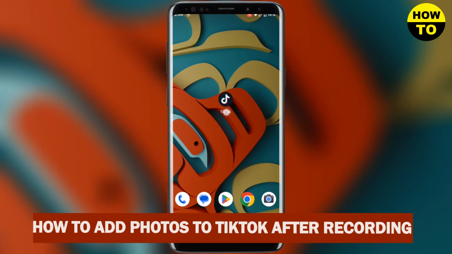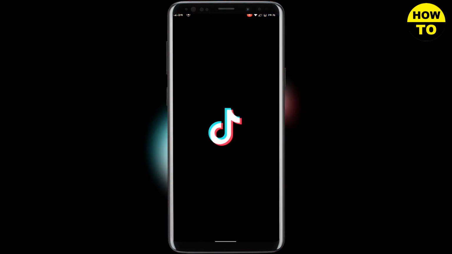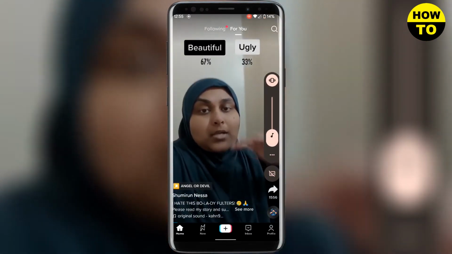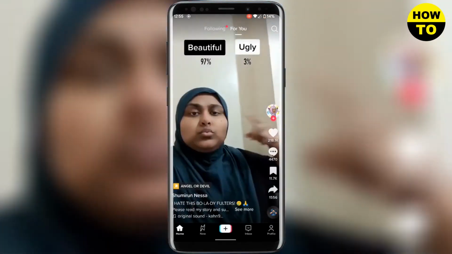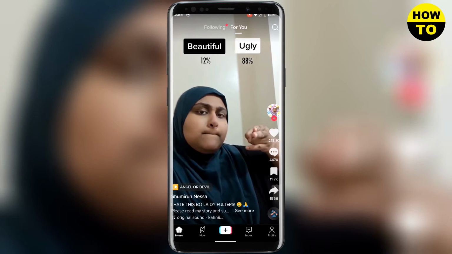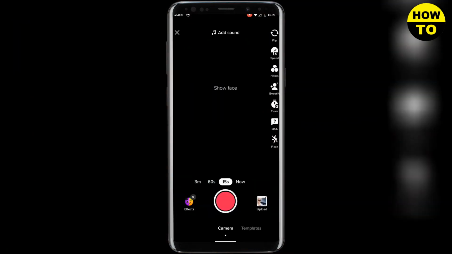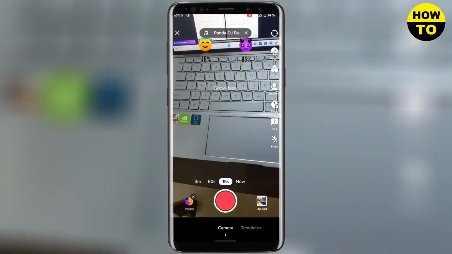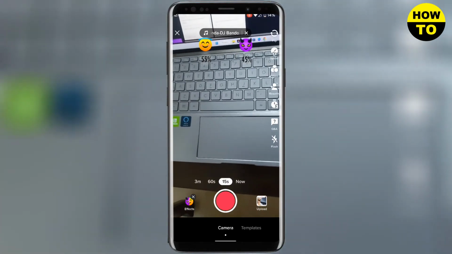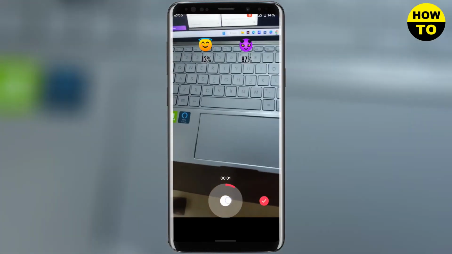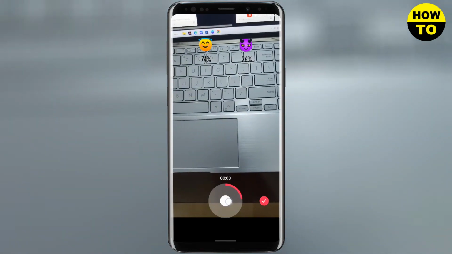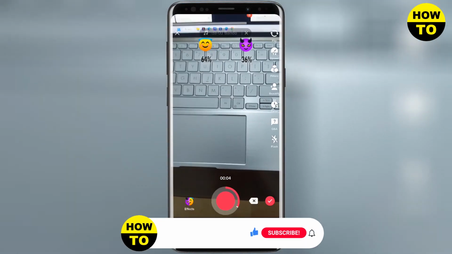So first you need to open up your TikTok app and then click on the plus icon in the bottom bar. And from here you need to record your video. For example, if I record this video. Now after doing that,